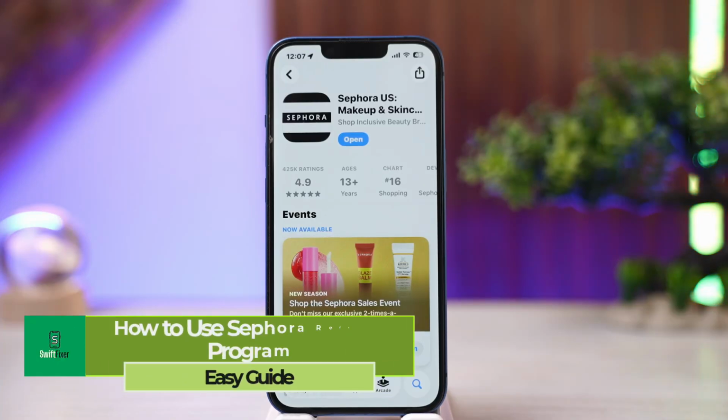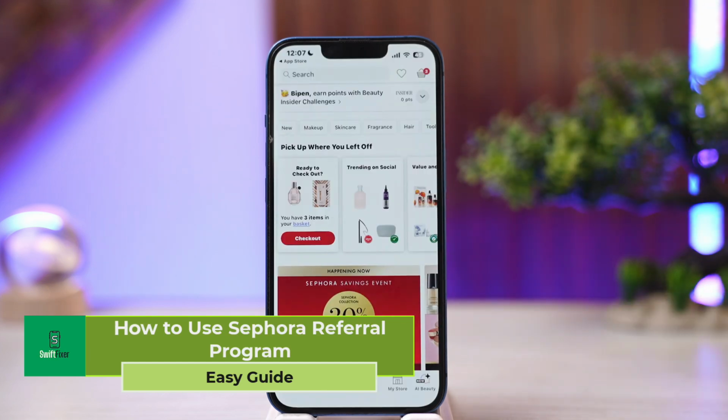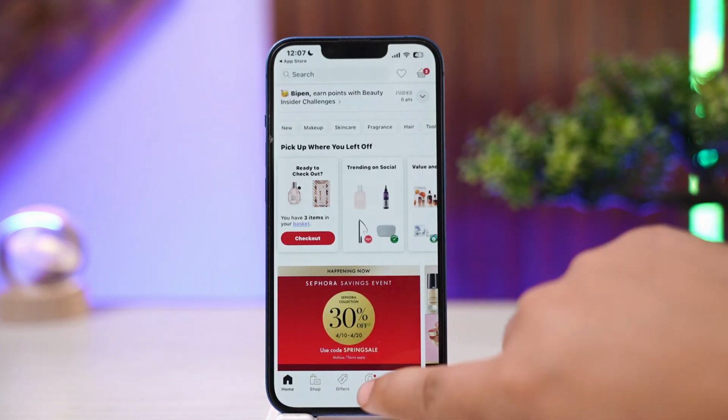How to use Sephora referral program. Well, to use Sephora referral program, you want to open up the Sephora application. Once you open up the app, or you can head into sephora.com, you can head into your profile at